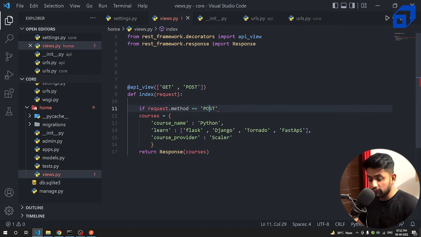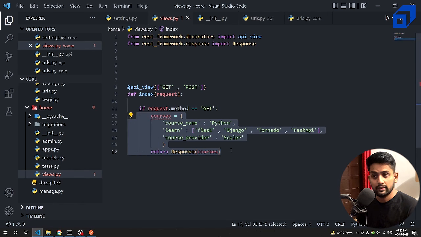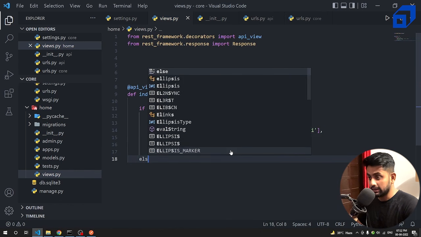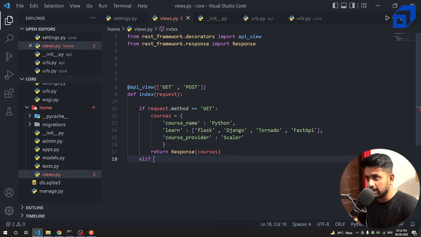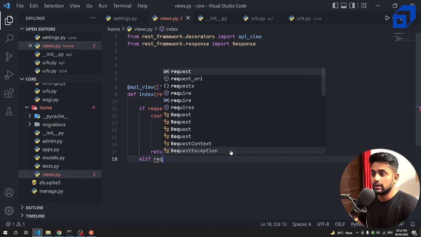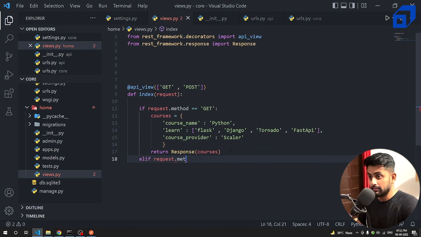Or first of all, let's check for GET. Suppose if request.method is GET, we can return this data, and we can check elif request.method equals POST, then we can